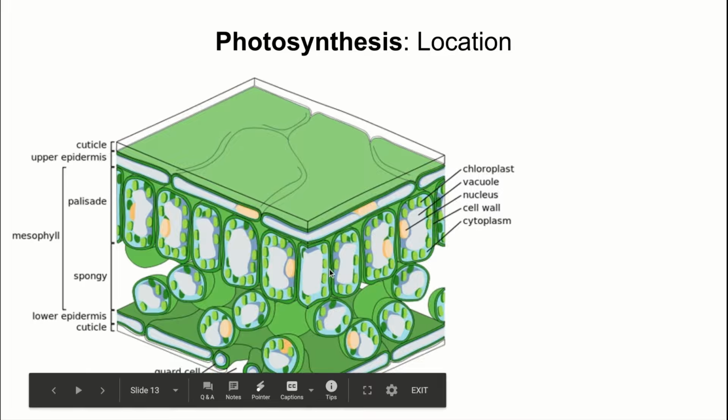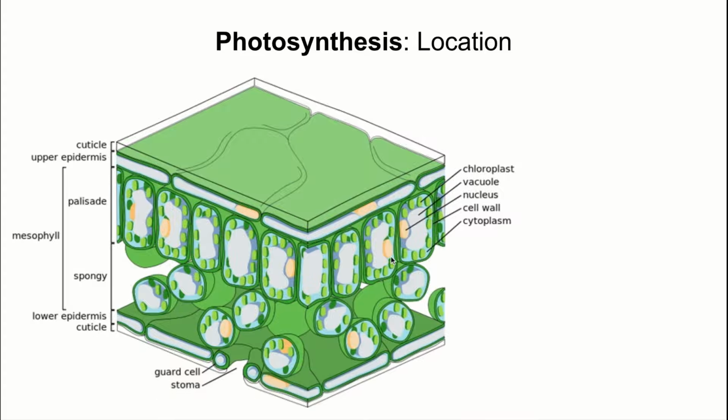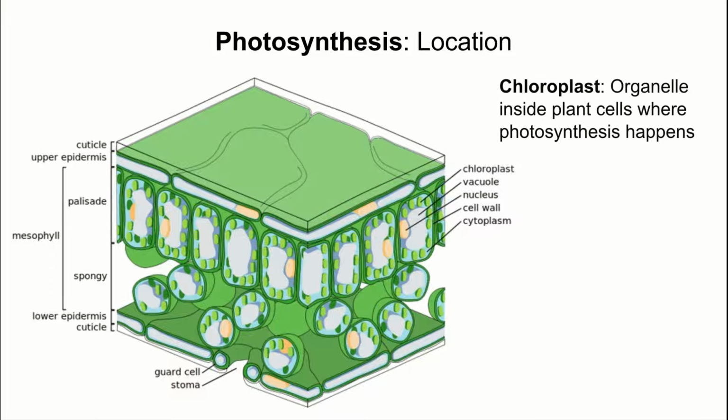And inside each of these leaf cells, you might notice that there are these green circles. These green circles are really important for photosynthesis. You might already know what they're called. These green circles are called chloroplasts. Make sure you record this definition. Chloroplasts are organelles inside plant cells where photosynthesis happens. And the second important structure here that's actually too small to see a single one of,